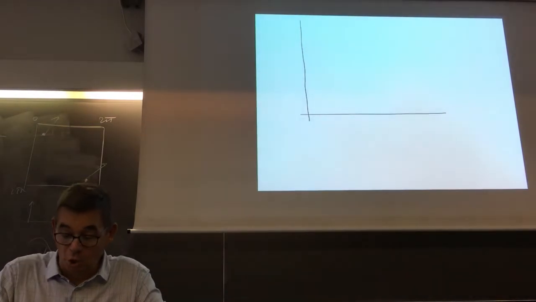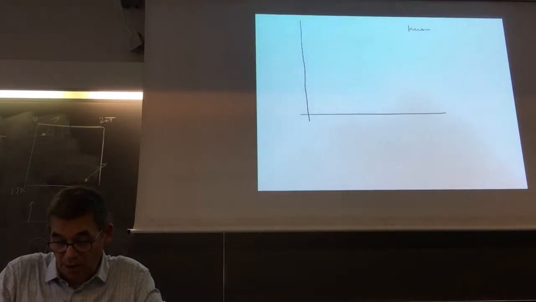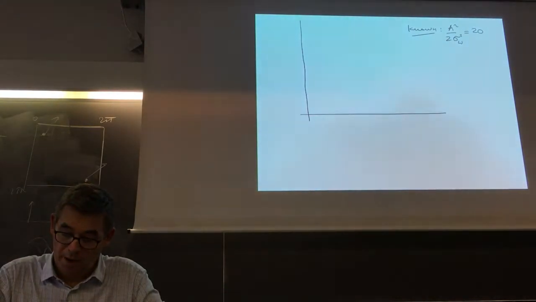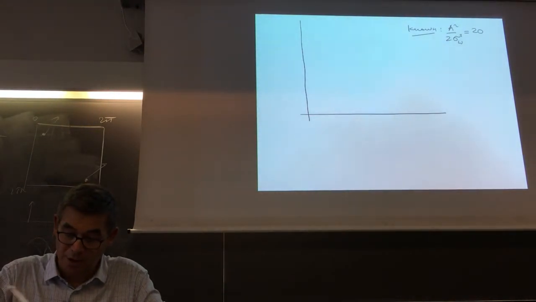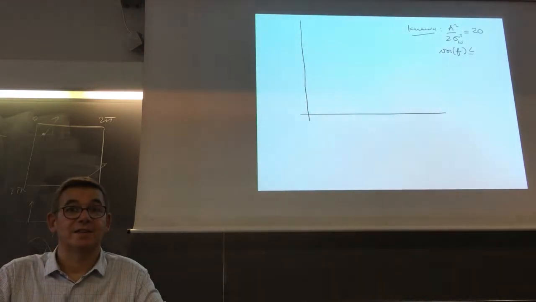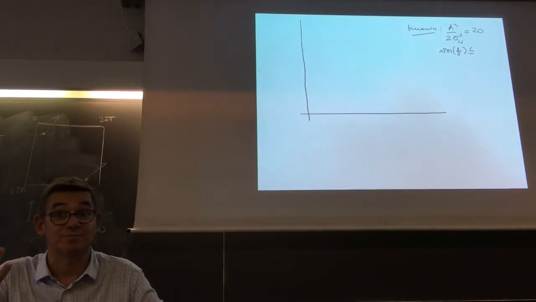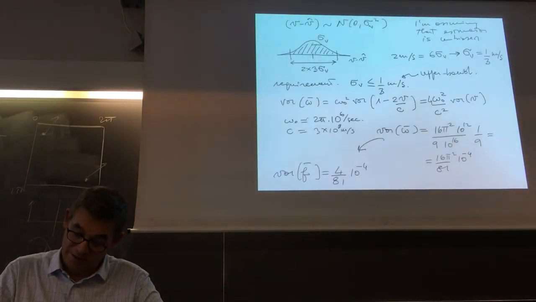Now, I know what is known. It is known that a squared divided by 2 times sigma squared w is equal to 20, right? Okay, that is 20. And I know that the variance of the frequency should be smaller than or equal to that, because that one is to avoid having a legal issue. So the variance on the frequency is